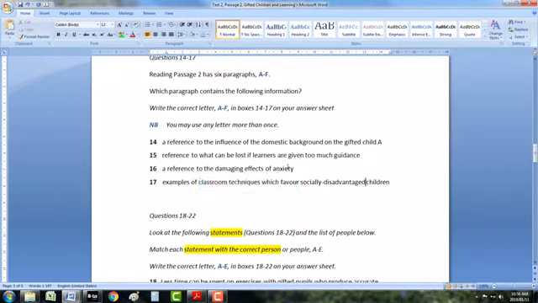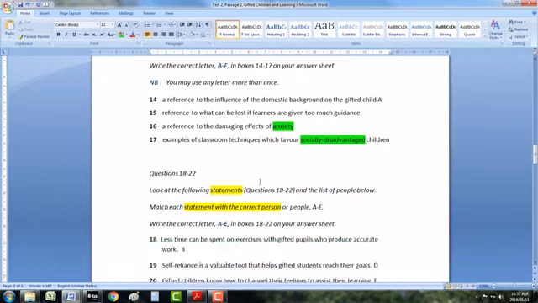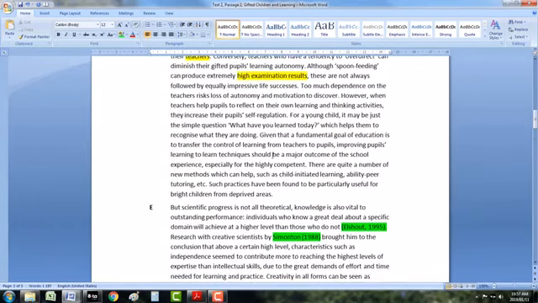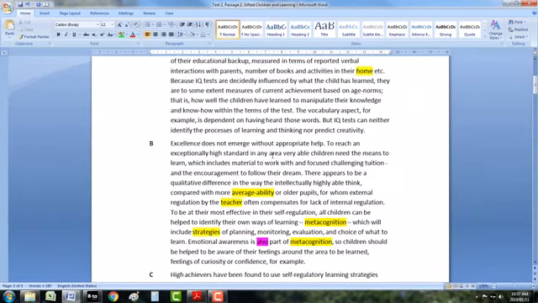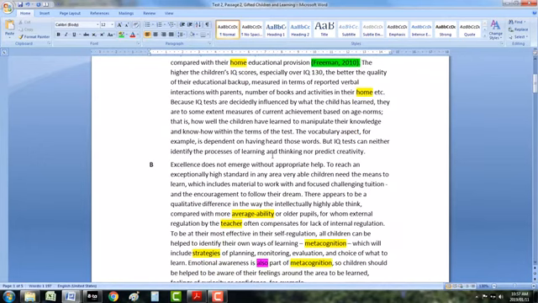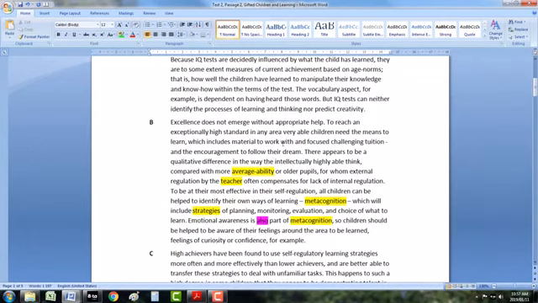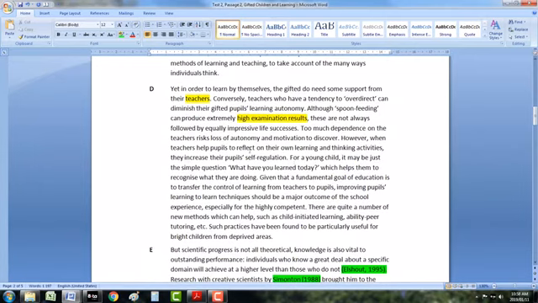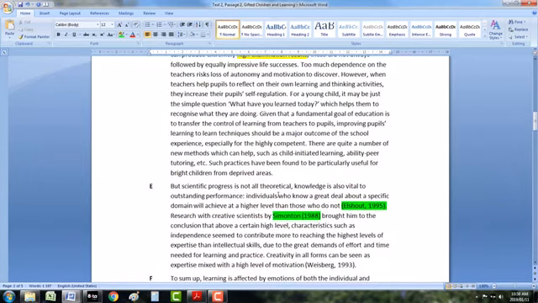No. So now we need to scan. I like anxiety. It's a good one to scan for. Socially disadvantaged is a good one to scan for. I would scan for those. Now we've actually used all of these paragraphs. We used F, we used E, D, so there's none that they have not used, so we can't really start there, but so there's no other way. You just got to scan for something about socially disadvantaged, something about anxiety. And I can't tell you anything to do except just scan.